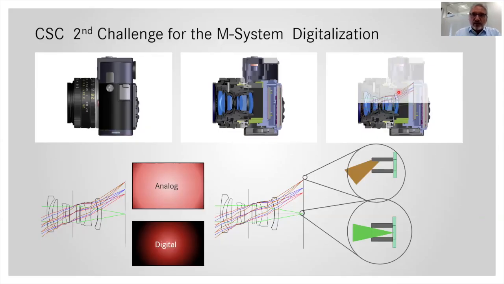And at that time, at the beginning of digitalization, it was said all sensors need to have telecentric optics. This means a rectangular incident angle to the sensor. And this is not possible to realize with the M-System, or if we would follow this concept, we had to stop the M-System and find a new system that fits the sensor. And so we had to find a way to